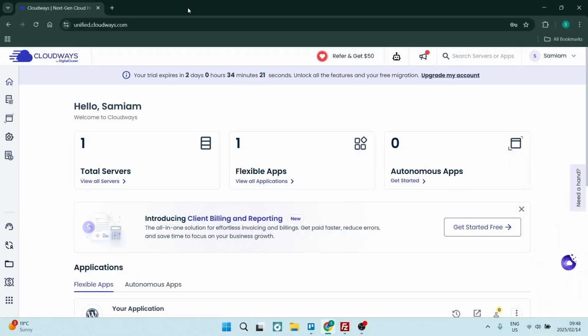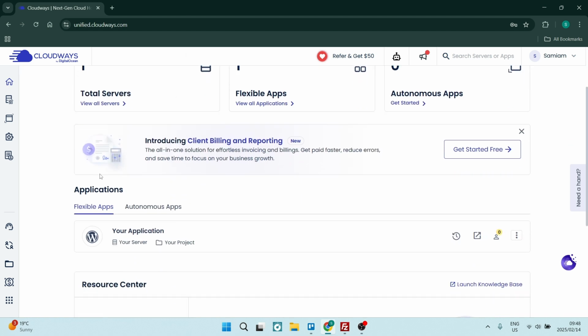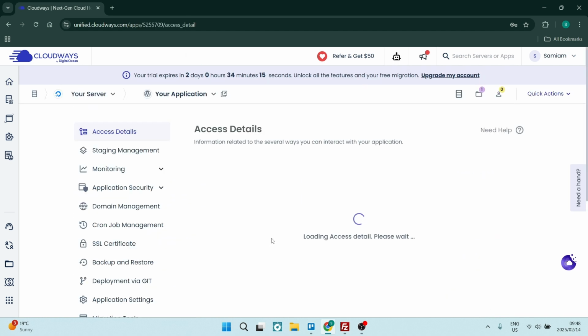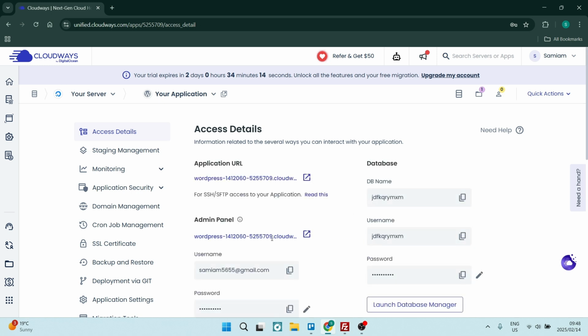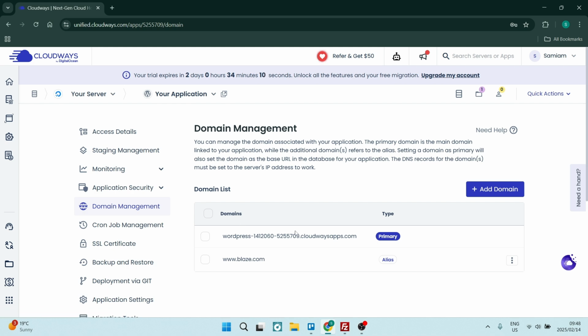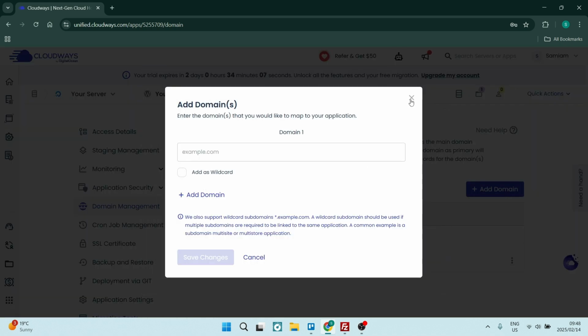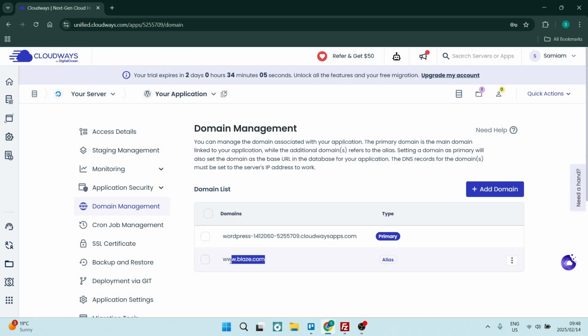So let's go. Right here from your Cloudways dashboard, we're going to look for the application where we would like to add our subdomain. We're going to go to domain management, and here's your list of domains. We're going to go to add domain, and you can currently see I've got a domain